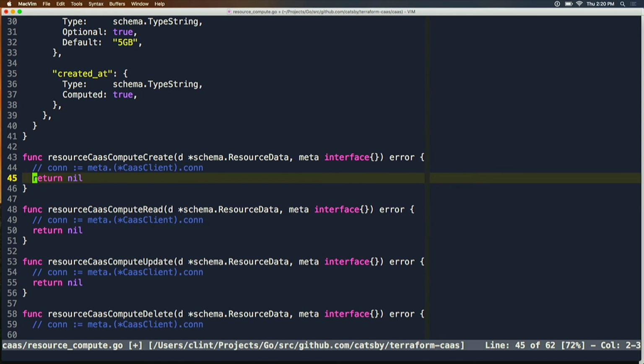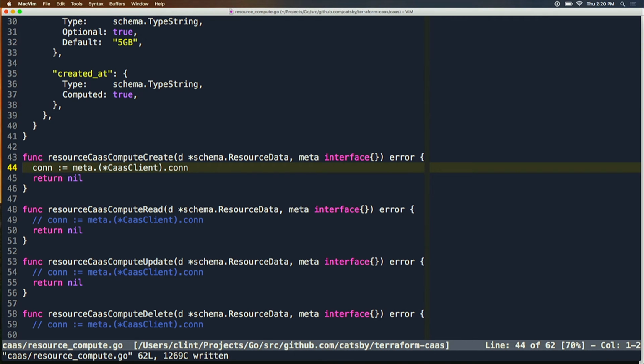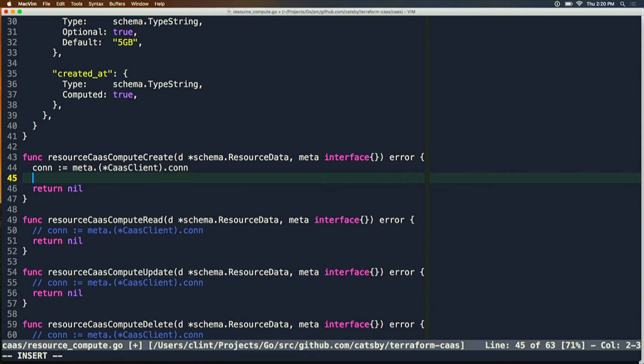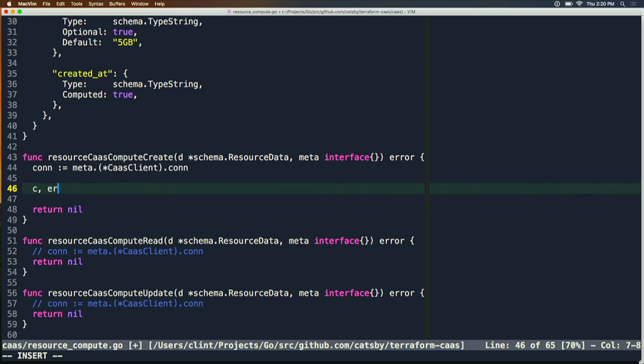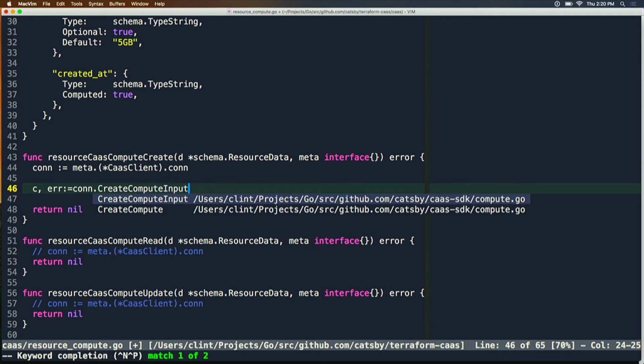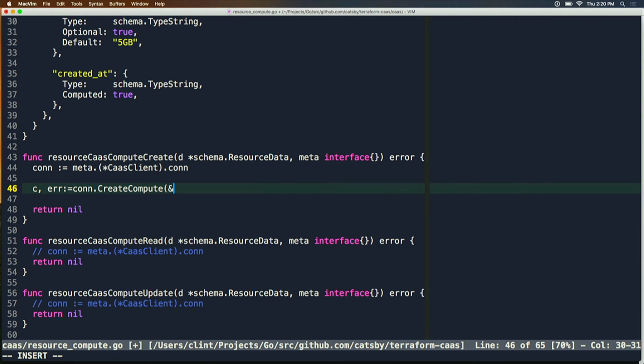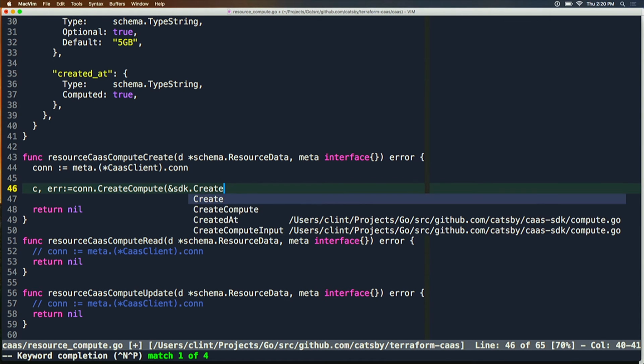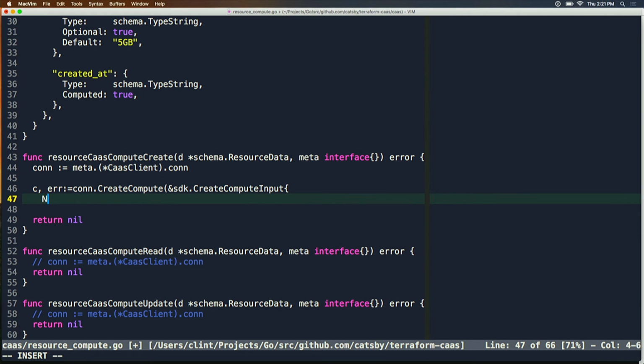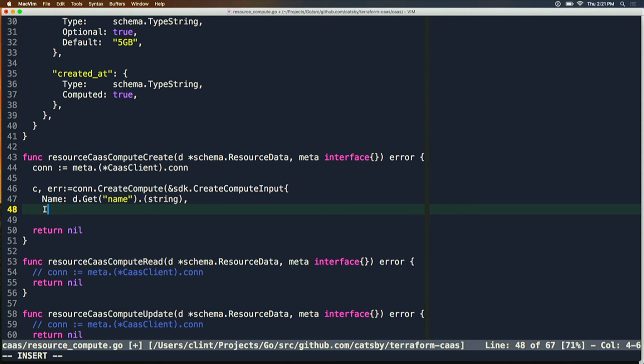So let's actually do this. The con object here is the client that you set in provider, so it's the wrapper of the SDK. What I'm going to do is C here equals con.create compute, and I'm going to give it SDK.create compute input. Its name is from the configuration, and its image is from